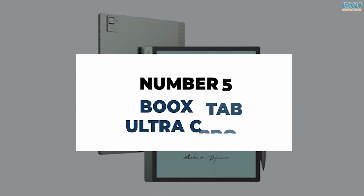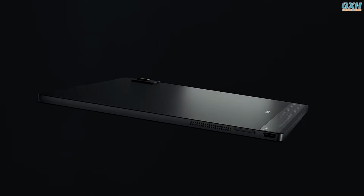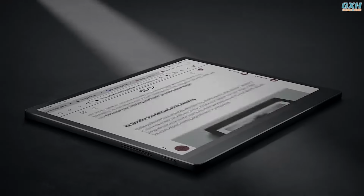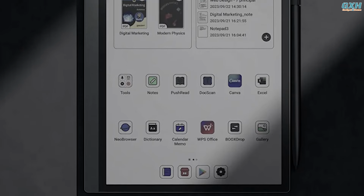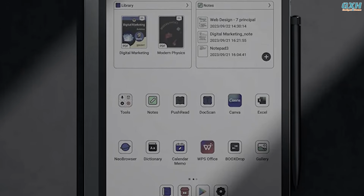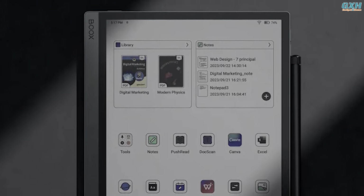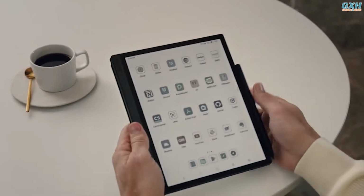Number 5. BookTab Ultra C Pro. The Onyx BookTab Ultra C Pro is a color e-ink tablet that can greatly increase productivity. The BookTab Ultra C Pro color e-paper tablet has a square corner design with a large left bezel surrounding the stunning color e-ink screen. That left bezel is really comfortable to grasp while reading or writing, at least if you